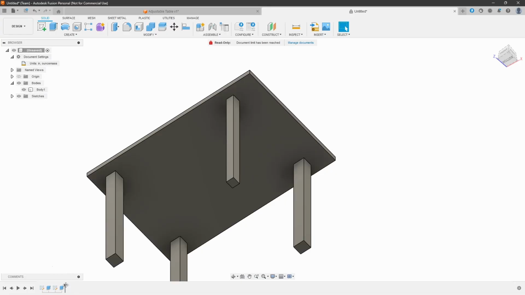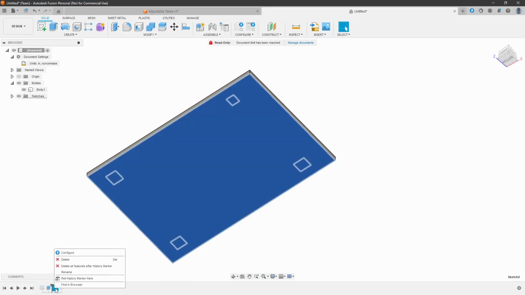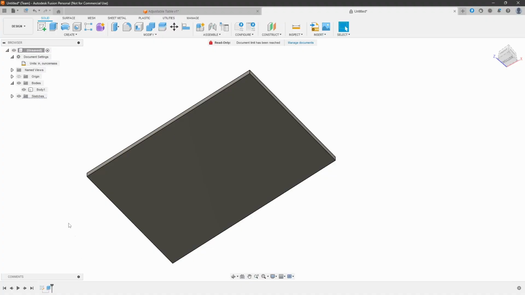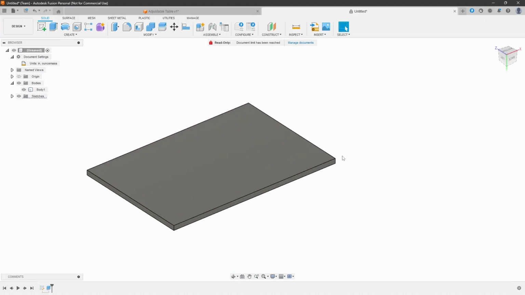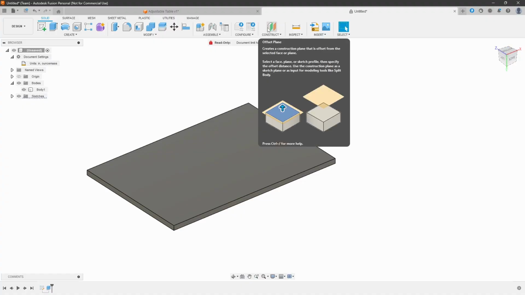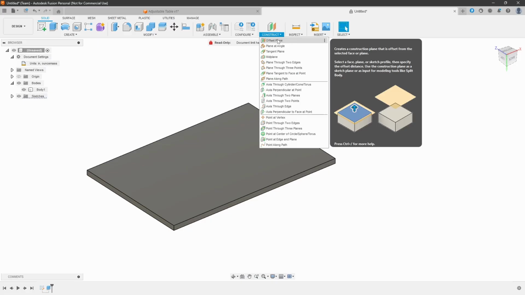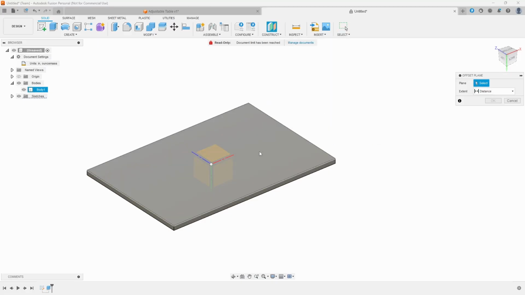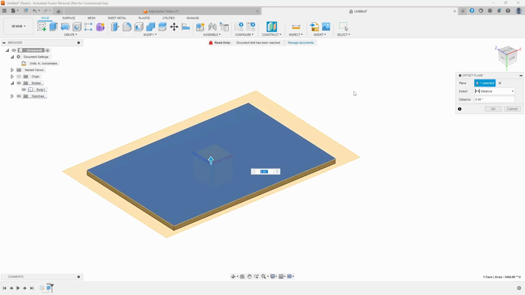So I've got my rollback marker over there. I'm going to roll it back. I'm going to delete all these features, and now let's do it the right way so that we don't have this problem. I'm currently looking at the bottom view, and what I'm going to do, I'm going to choose construct, an offset plane. So from this table I want it to not touch, so I'm going to choose a 1mm plane,